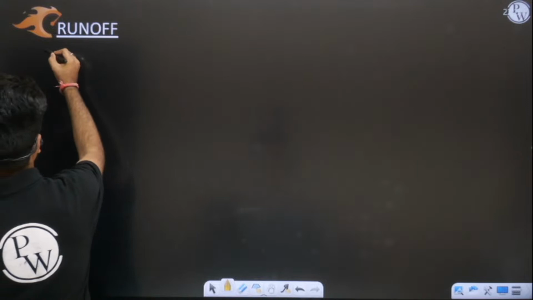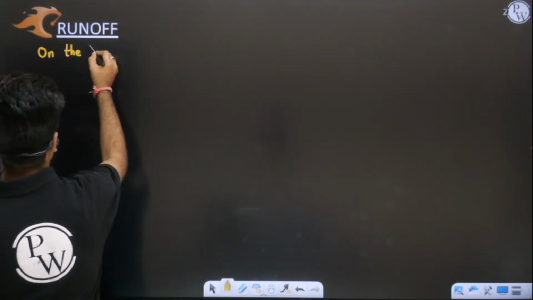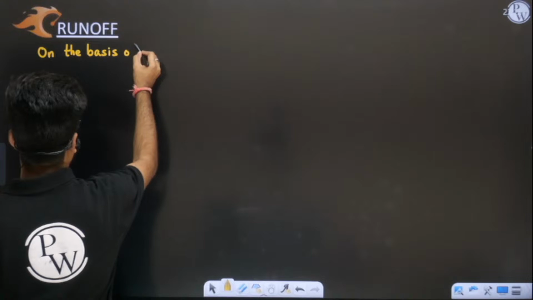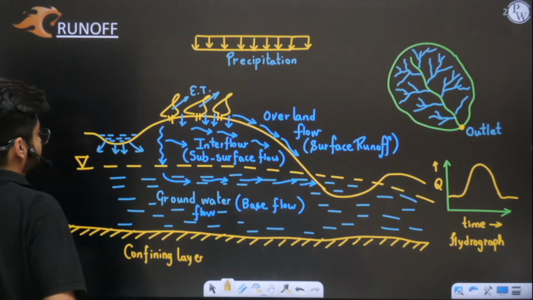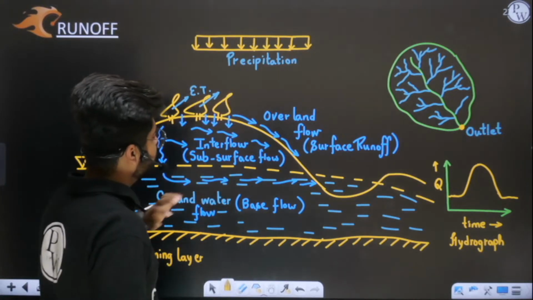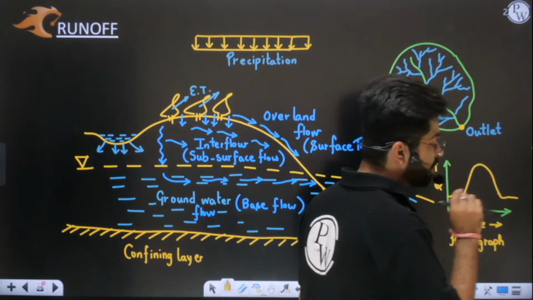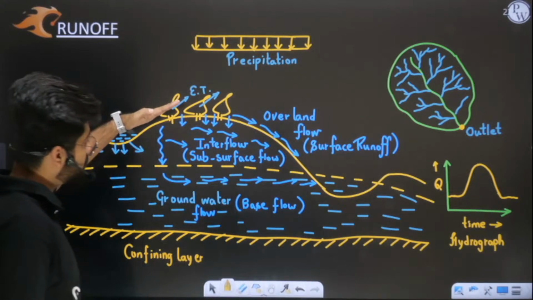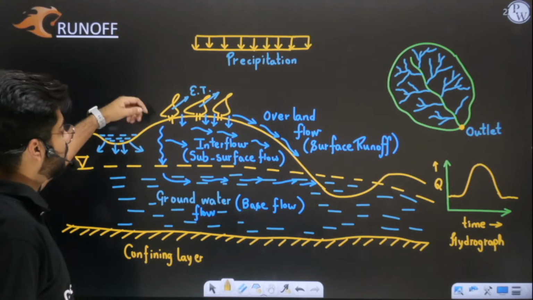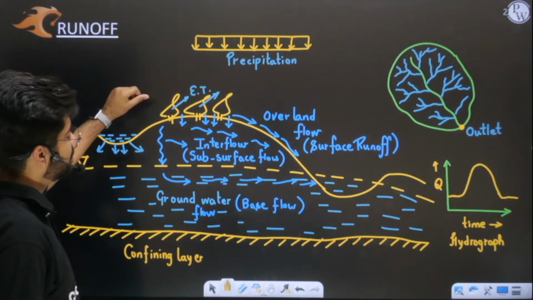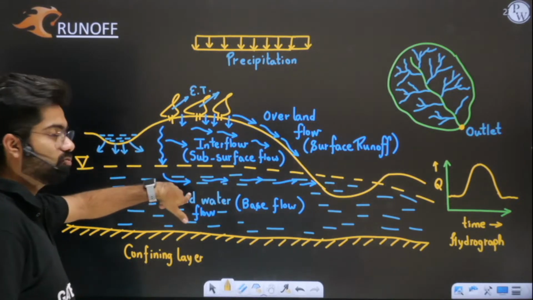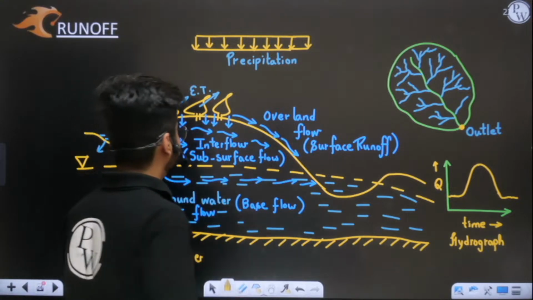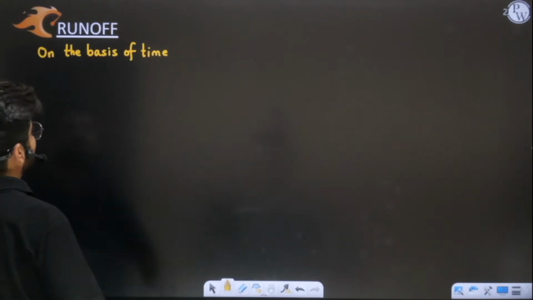If we arrange overland flow, interflow and base flow on the basis of time, the maximum time will be taken by base flow, because the water has to travel first certain meters, 100 meters, 200 meters down the ground to reach groundwater, and then it has to flow from here. So on the basis of time taken,